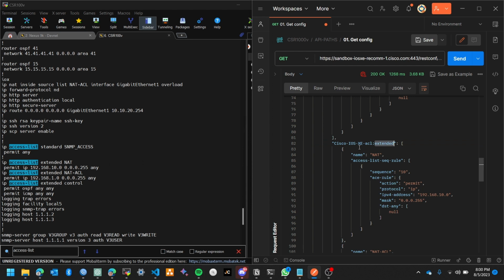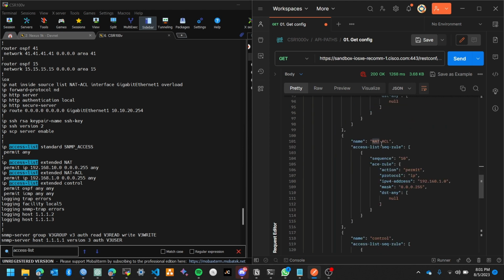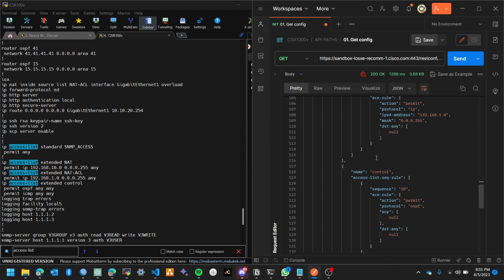So let's check for extended. How many items? And here, this is another data type. You can see the square bracket indicating that we have a list. So we have multiple items in that particular list. And as you can see, for extended, we have NAT, we have NAT ACL, and we have the extended control. So let's search for it. We have NAT as the first one, NAT ACL as the second one. Then we have the NAT control here. So basically, it's just like